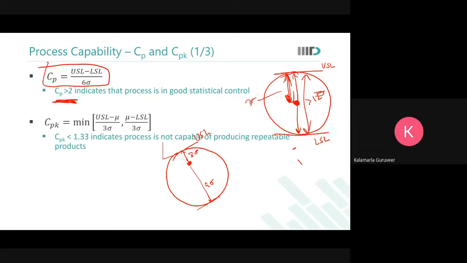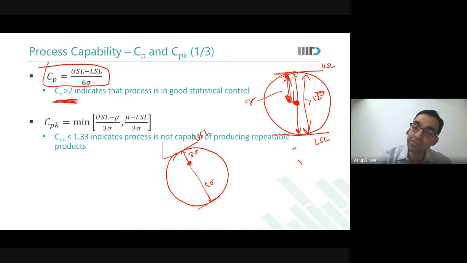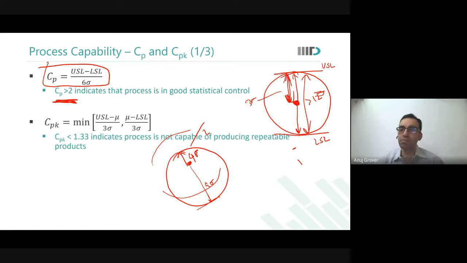No, sir. This is also not good, because the failures occurring on the farther side, all these dies would fail. On the lower side, it will qualify more dies, but on the upper side, many dies would fail. So the minimum CPK that you require for the process is 1.33. 1.33 means at least 4 sigma. If it is not even 4 sigma, then there is going to be a significant yield loss.